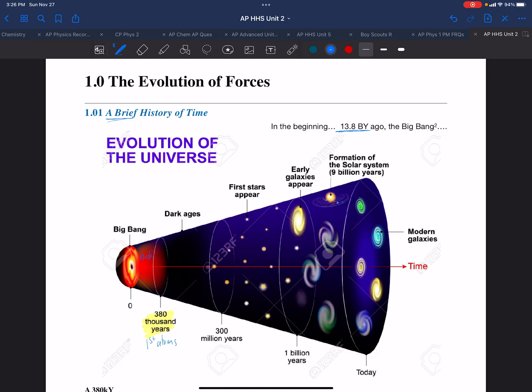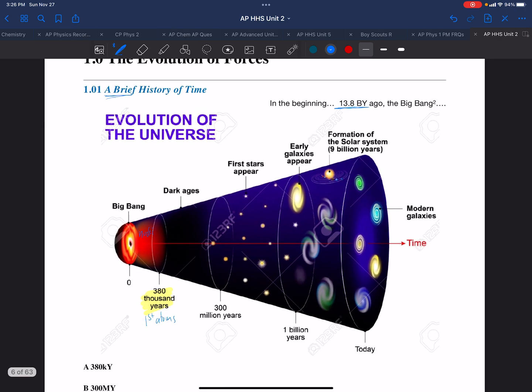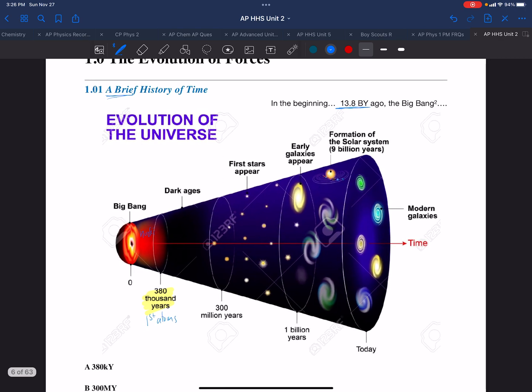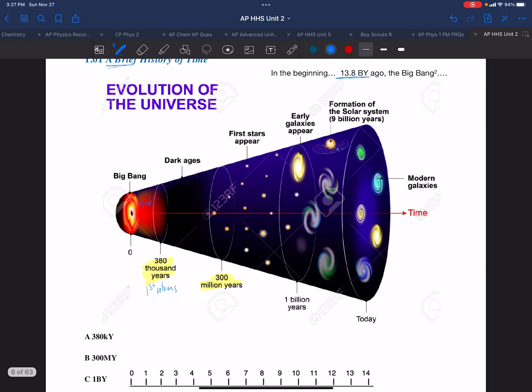And then at about 300 million years, we get our first stars appear. Now, that's a long period of time for there just to be atoms and so forth. And if we write out those numbers, 380,000 versus 300 million, well, we can see the stark contrast. This has 6 digits in it. This has 9. So this is 1,000 times longer than the first event that happens. We get our first stars about 300 million years after the Big Bang.